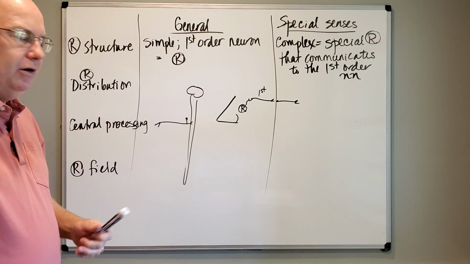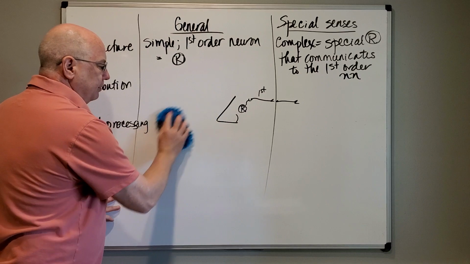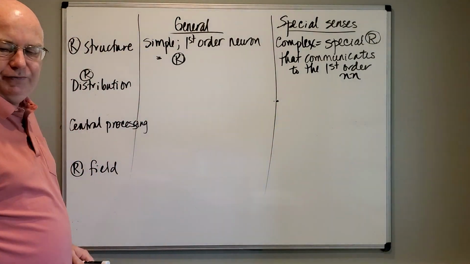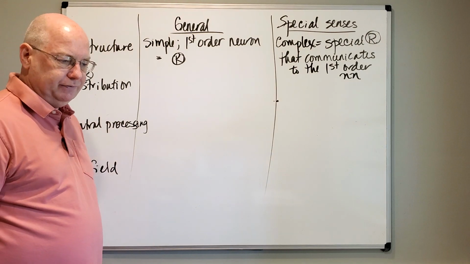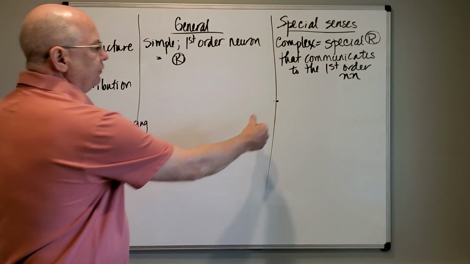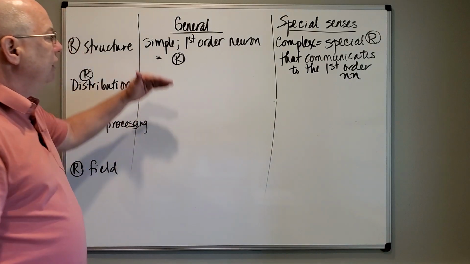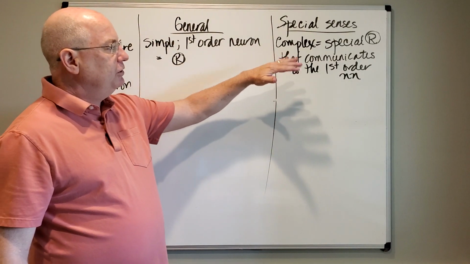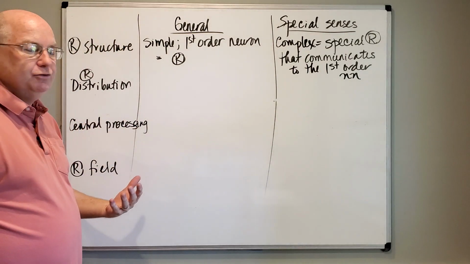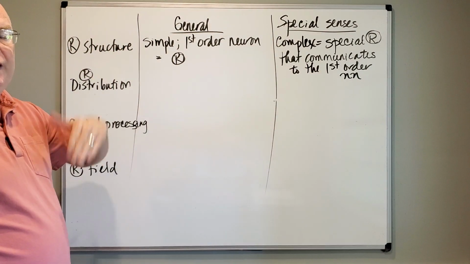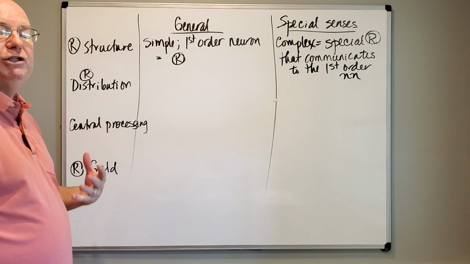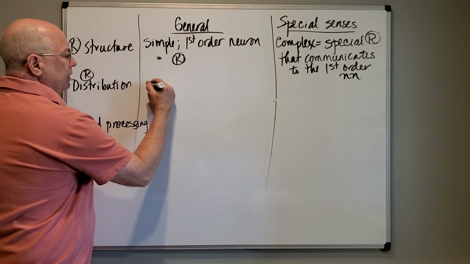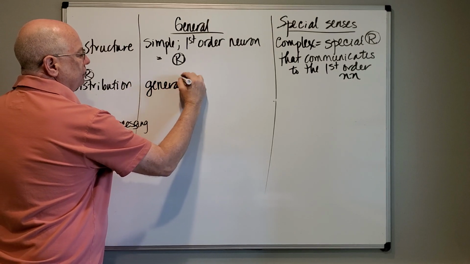We won't have time to get in all of that detail. You know, I'm a neurobiologist by training, and we did a ton of this stuff, but not all of it is going to be super important for you guys, okay? At least at this level. So that's one of the main differences between the general and special senses. General senses have simple receptors. It's just the first order neuron. Special senses have a complex arrangement where there's an extra receptor cell that has to communicate, release neurotransmitter onto the first order neuron. For receptor distribution, this is very generalized